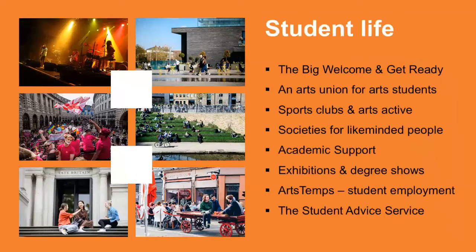I'm just going to spin through some of the things that are available once you're a student. We have some preparation courses like the Big Welcome and Get Ready, which support your transition into higher education. There's a number of different unions and sports clubs and societies. If you ever want to join one of those when you're a student, it's encouraged, because it's good to meet other like-minded people. We have what is called academic support, and Insight students get a personal introduction to the academic support team, and they're there to support you on all levels of your study at university. They should really be used from day one, because they are an amazing resource.